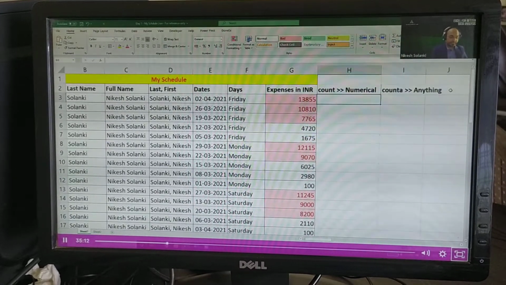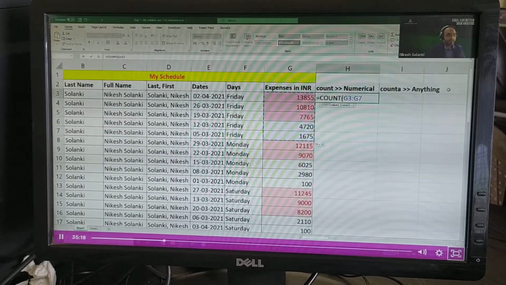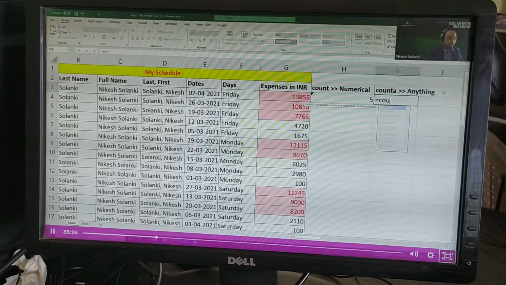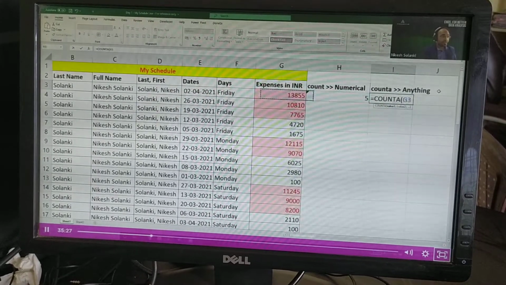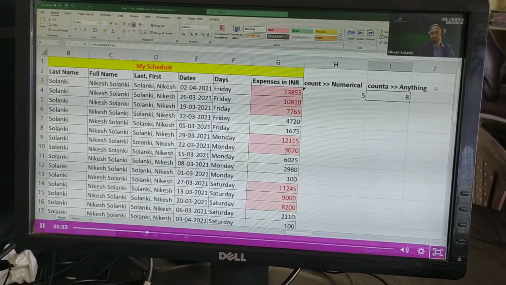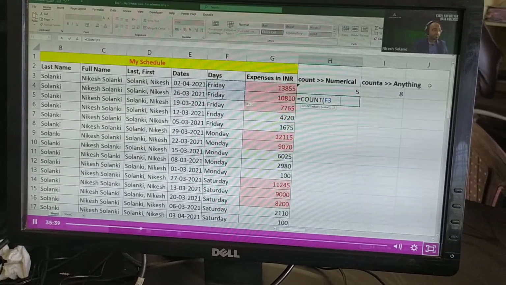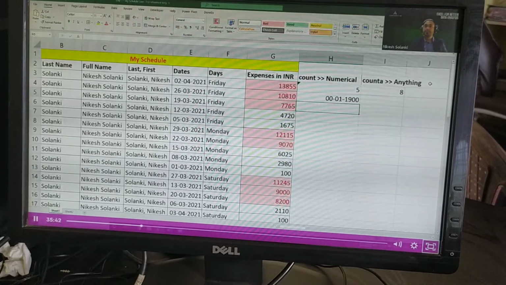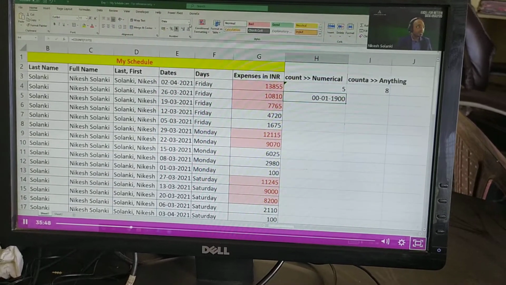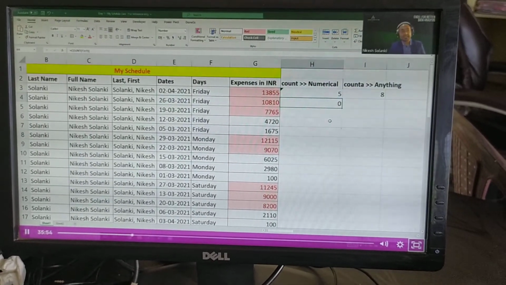Now let's try it out. I will do a COUNT on the expense column. I'll just take these 5, and I click here, I'll get a 5. And if I do a COUNTA on days, it's going to give me the right answer. But if I try COUNT on days, it's not going to give me an accurate answer. The system gets confused. Though you can convert this date format into a number, it will say 0, but the reality is the count is 3.